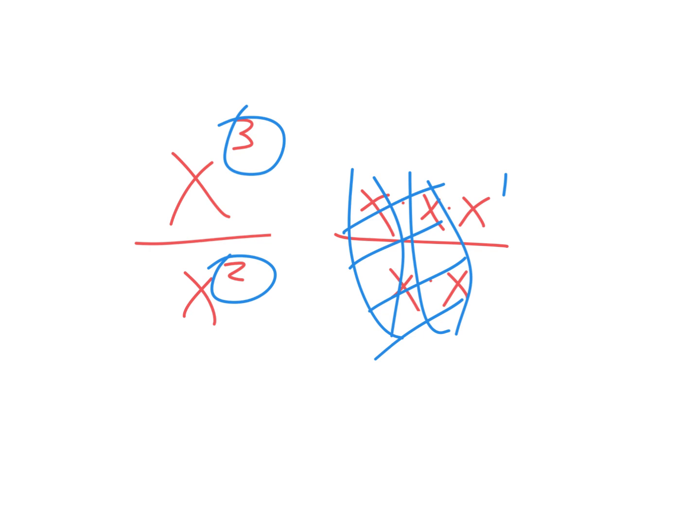X squared is xx. If you just write it out, this is called exploded view. There's actually an awesome website that has exploded views of common things. And it's really cool. You can take your iPhone and they do an exploded view of it. And they basically just separate it into all of its little parts. So you can see all the pieces that are in an iPhone that are all put together. You know what I mean? The exploded view. So what I'm saying is, when you're stuck on a problem,